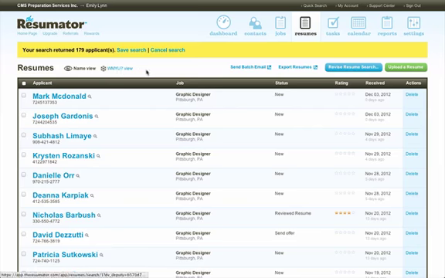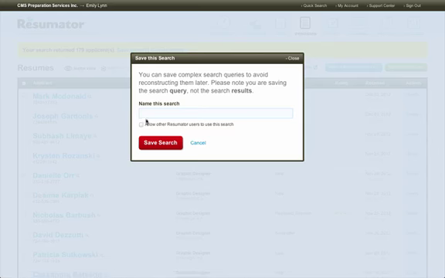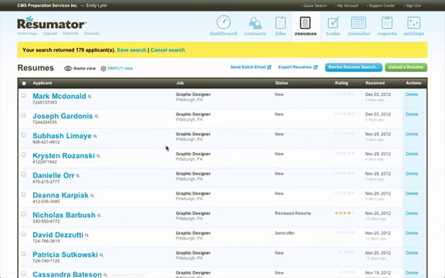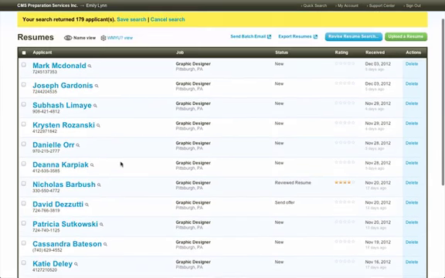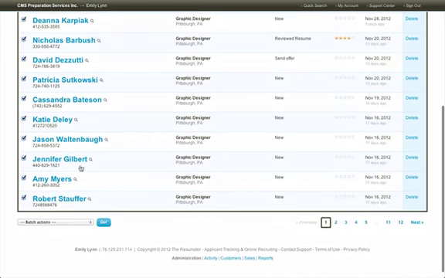A couple things I can do from here. I have the option to save a search by clicking Save Search here, giving it a name. If I check this box, then everyone in my account can use it, and then click Save Search. This allows me to save these very granular searches that I'm creating and save myself a lot of time later on. What I can also do is select these applicants, come down here to my batch actions,